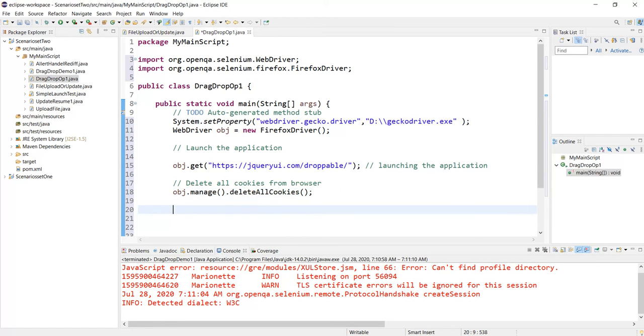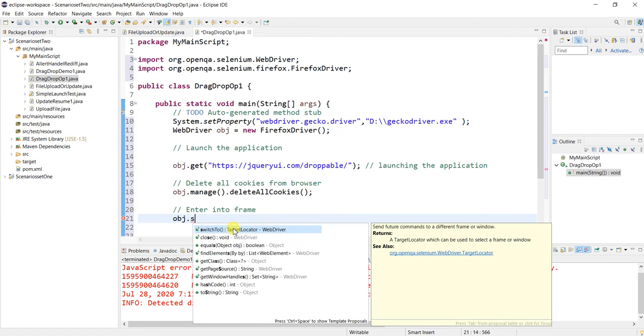Fine. Now enter into frame. So how can we enter into frame? This is the only one frame available in this web page. So what we need to do is write the code